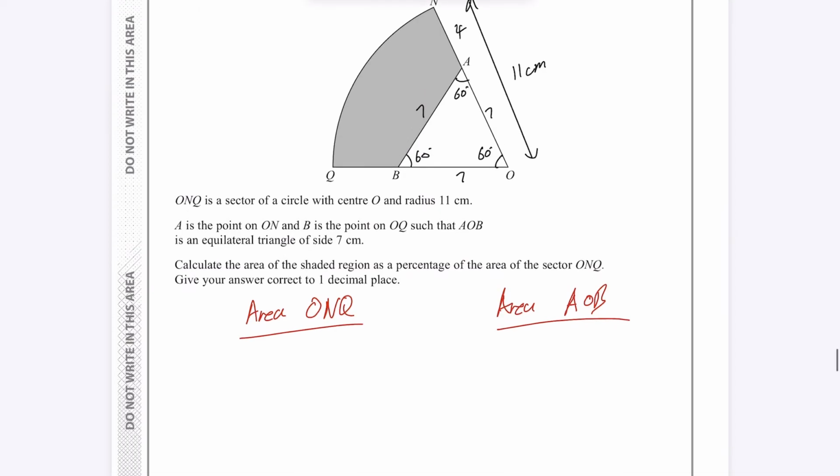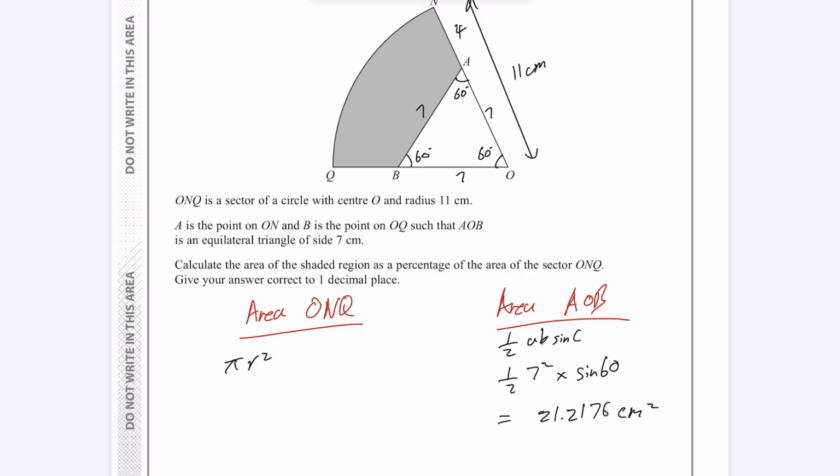So the area of AOB is straightforward. We can use the equation of a triangle. It's not going to be half base times height, because we don't know what the height is. We're going to use the formula half ab sine C to find the area. So that's going to be half a times b. Those are just the sides, so it's equilateral, so squared, times sine 60. So the area of this triangle is 21.2176 centimeters squared,